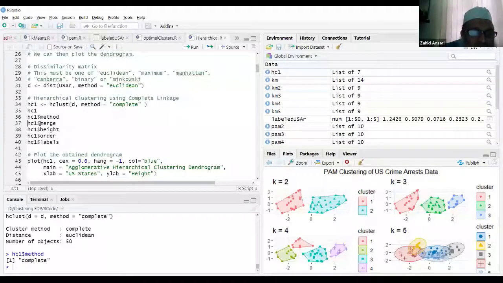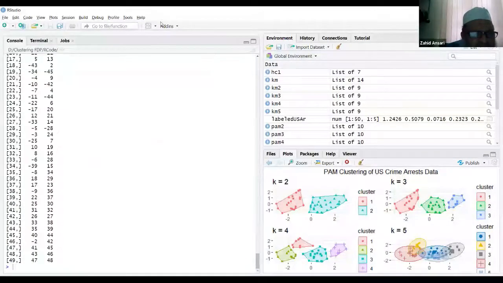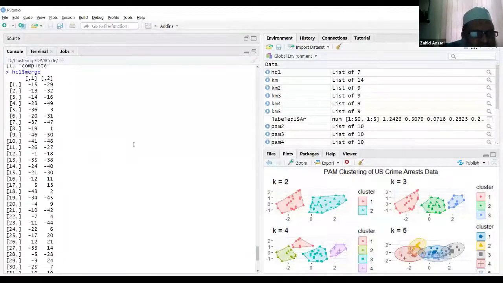How are the clusters merged? If we do HC1 dollar merge, then it gives me the whole merge matrix. The singleton objects are specified as negative. So basically 15 and 29 are merged first.